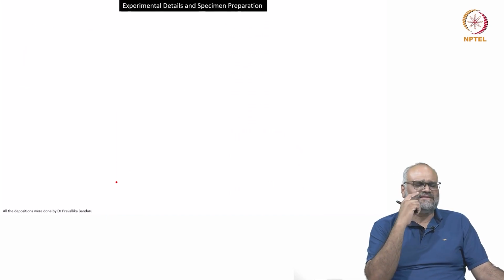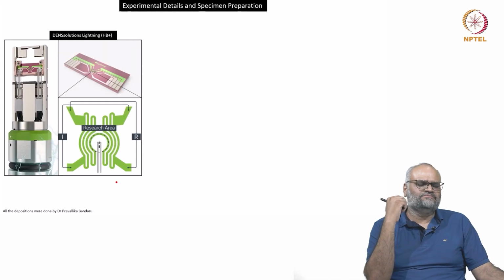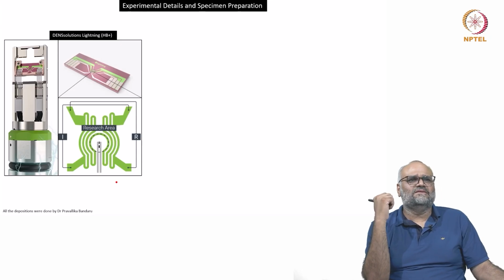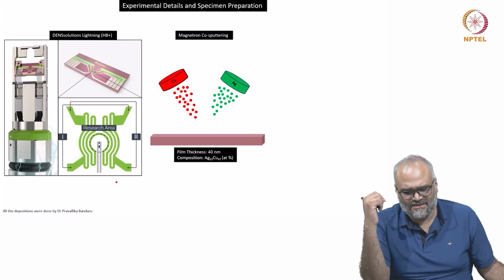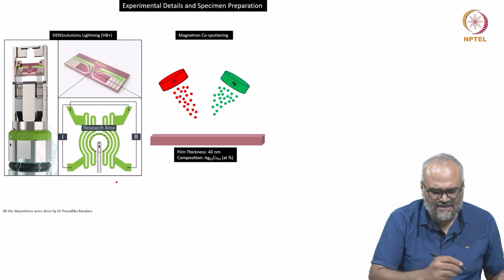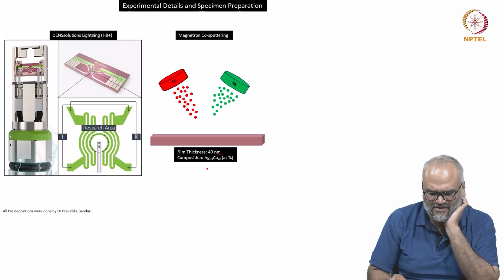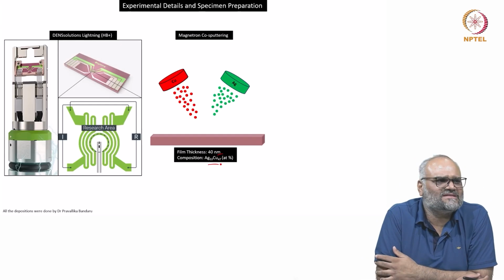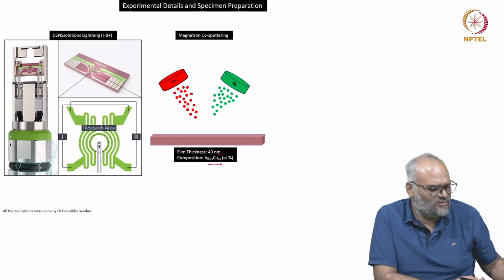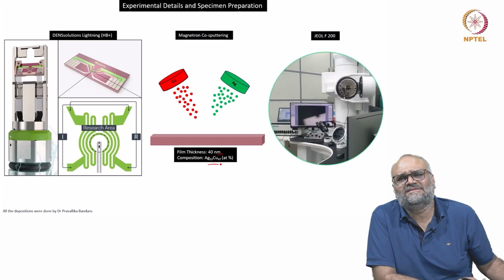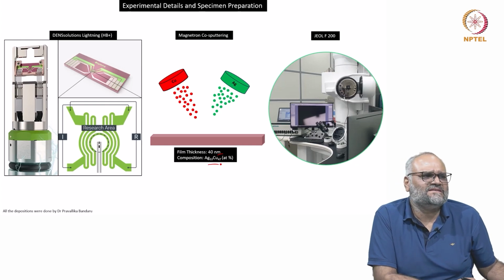So the idea is, on the MEMS heater, you deposit copper and silver from the back side of the heater, the thickness of the film is about 40 nanometers and the composition is more or less 1:1, and you take them to the microscope and then start heating the system, and you can see some changes that happen within